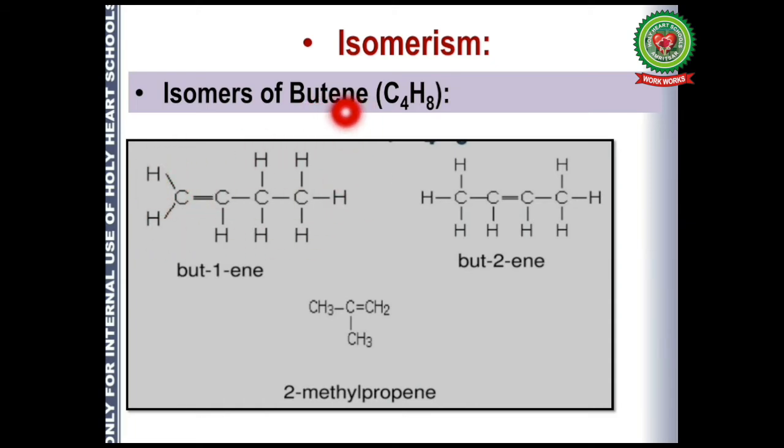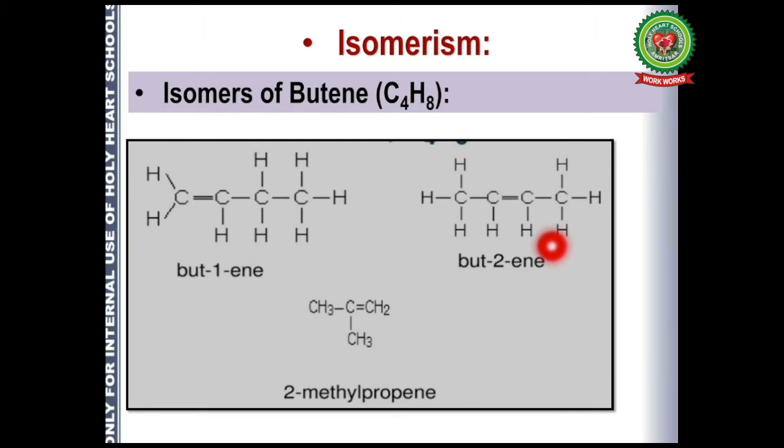Since it is a butene, in the first case the double bond is at the first position. Now what we can do is, if we shift the double bond to the second position, then the name changes. It becomes 2-butene, and accordingly hydrogens also get shifted and the valency of carbon is satisfied. That is, each carbon's valency is 4. So accordingly the first carbon gets 3 hydrogens, the second one 1 hydrogen, the third carbon 1 hydrogen, and the fourth carbon also has 3 hydrogens.